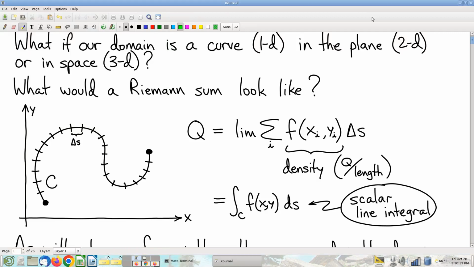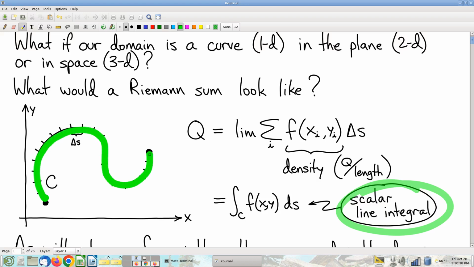Okay, so last time we were talking about scalar line integrals, right? Remember the big idea of a scalar line integral is it's really just like a double integral, just like a triple integral, just like a single variable integral. You got a problem of some sort, you chop it up into little pieces. And then you add up the answers that are easier to compute on those individual little pieces. So chop it up, add it up, just done over a different kind of a domain, that being now a